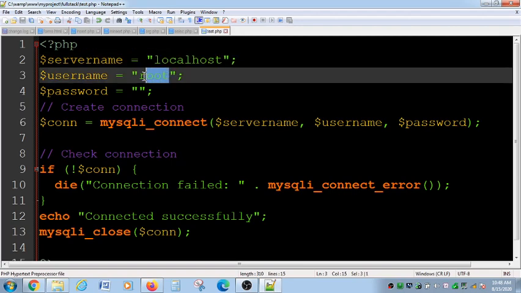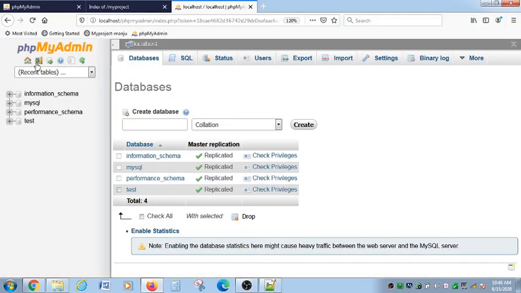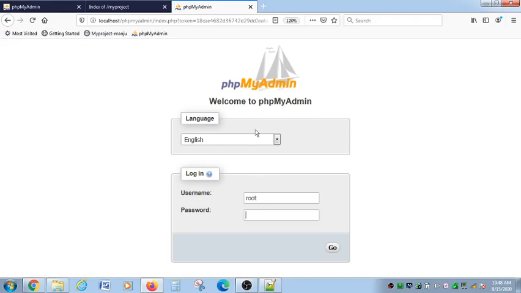Next, coming to the username, we want to instruct PHP which username can be used to log into MySQL through phpMyAdmin. This username will have access to log into my MySQL server, that is root. So you have to instruct PHP that my username for MySQL is root and the password is so and so.